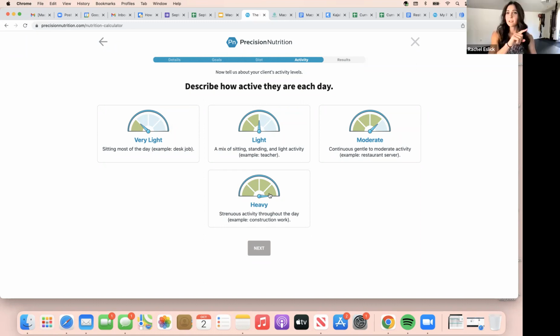Okay. Best job with teaching. This is going to determine how many calories this computer suggests. So if you say that you are doing heavy machinery, it's going to add a certain amount of calories for that. If you say very light, it's going to be fewer calories for that. So just so you know what this question's about.